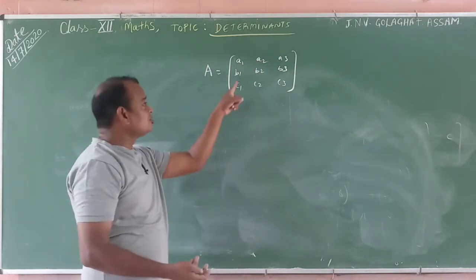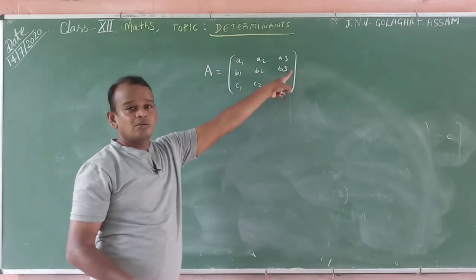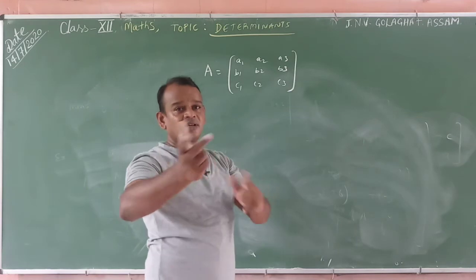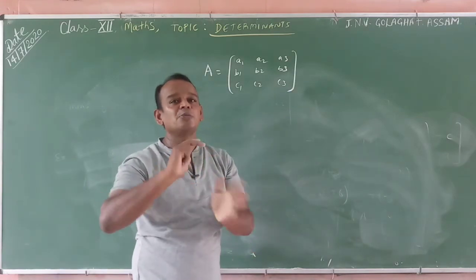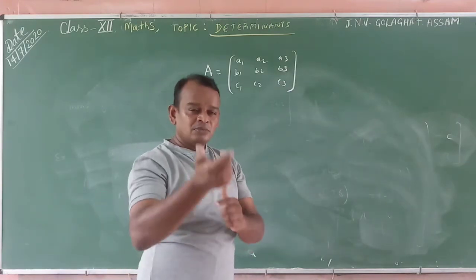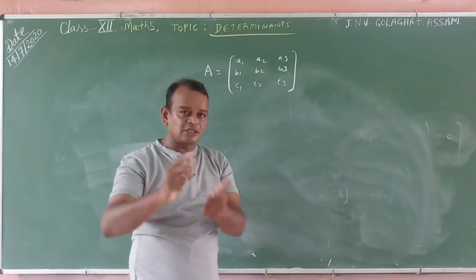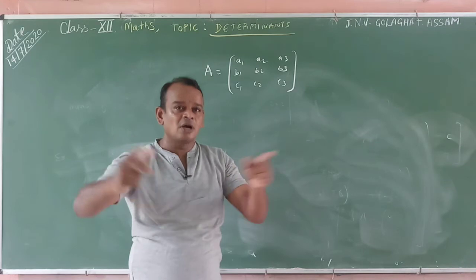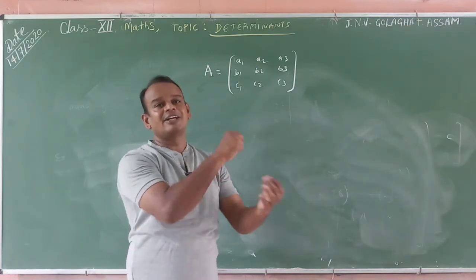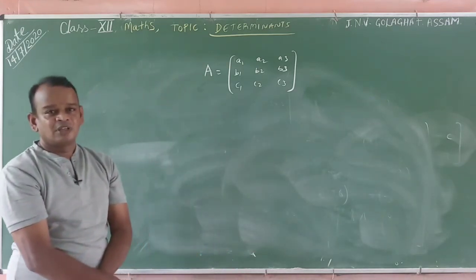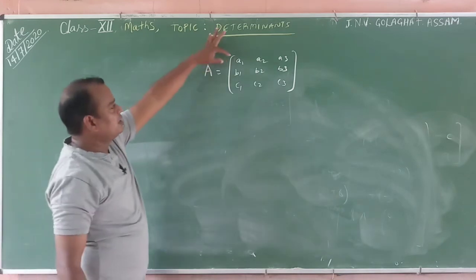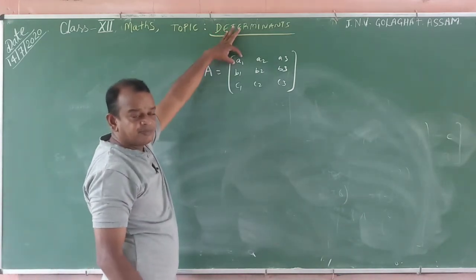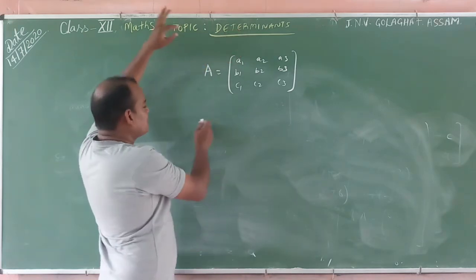Suppose we take this row, the second row. We will take the cofactors of those elements. After that, sum and product. Element into corresponding cofactor product, element into corresponding cofactor product, element into corresponding cofactor product. After that, we can sum. That is the determinant of the matrix. Suppose I will take, what is this? A1. This is the element. What does the cofactor mean?